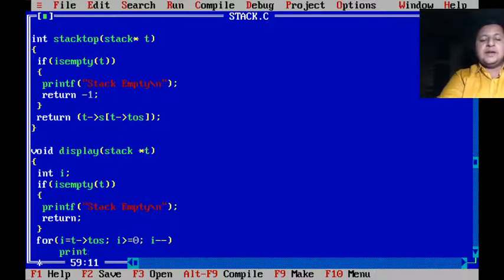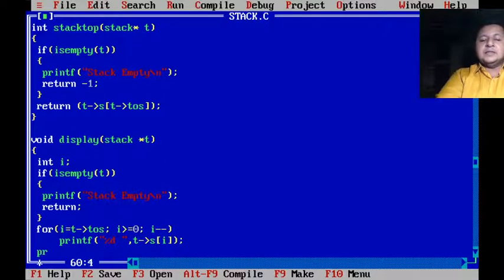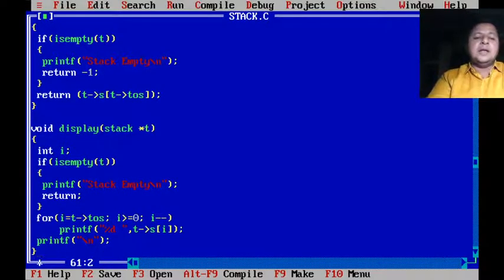So I'll have printf, let's say %d because I know that they are integers, and it will be t arrow s of I. Fine. Just as a formality, at the end we'll put \n. So after printing the stack, it goes on the next line, and that is nothing but your display.